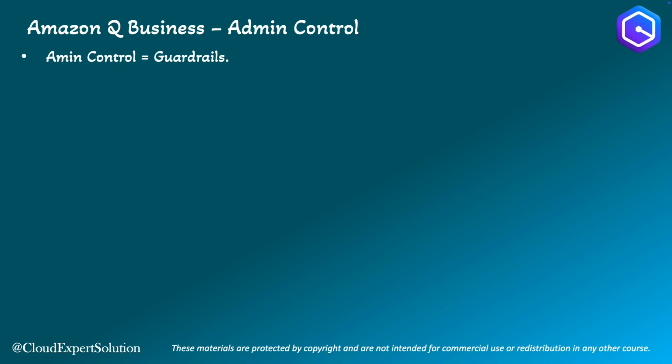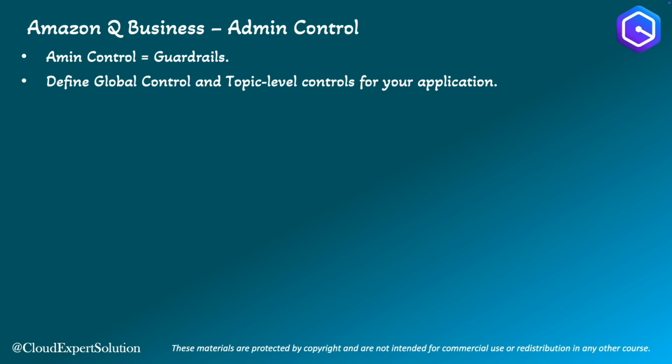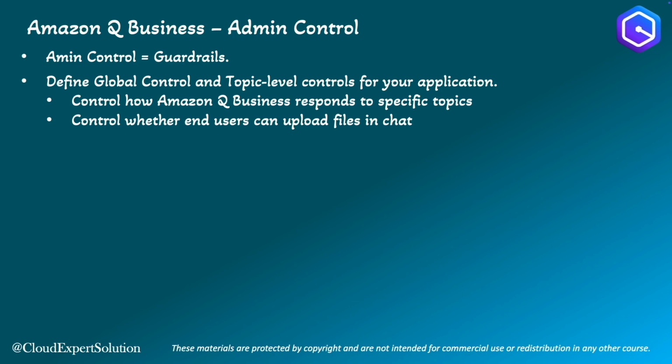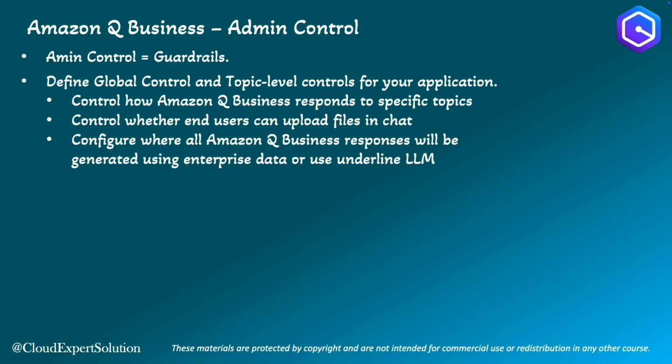Whenever you come across Amazon Q guardrails, think of Admin Control. Using Admin Control, you can define both global controls and topic level controls for your application. As an example, you can control how Amazon Q Business responds to specific topics, or you can control whether end users can upload files in a chat. You can also specify whether all Amazon Q Business chat responses will be generated using only your enterprise data, or whether your application environment can also use the underlying LLM model to generate the response when it cannot find answers in